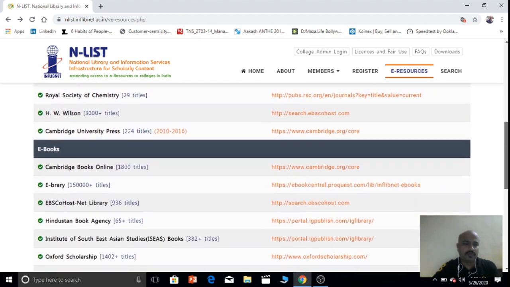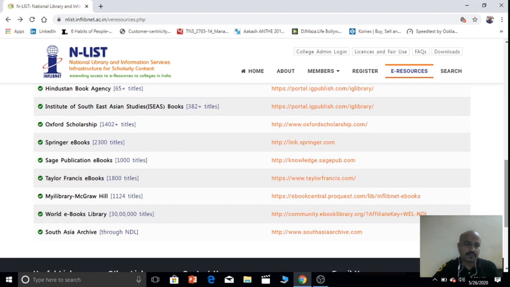Now one book we will search from World's ebook library. It has more than 30 lakh titles.